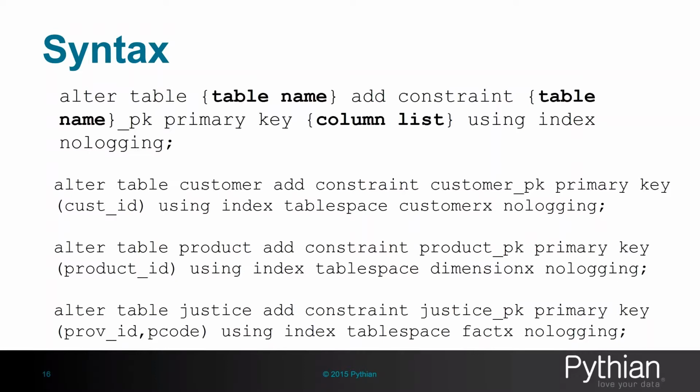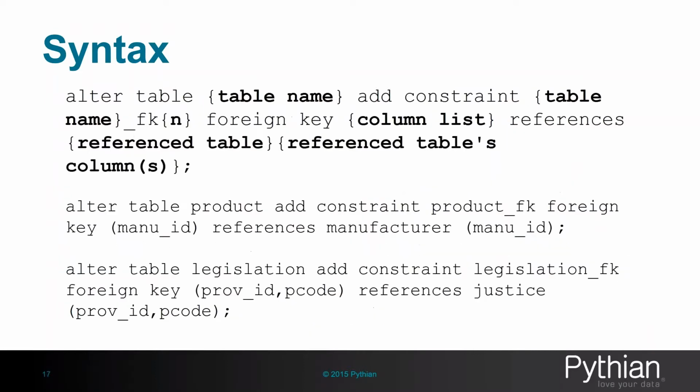Here's a little bit more. Notice the second statement on this screen, the alter table product. It's saying add constraint product FK, foreign key, references manufacturer, manu ID. The references manufacturer is all that you need in that foreign key definition. What I've done here is I put the manu ID column in, which is understood